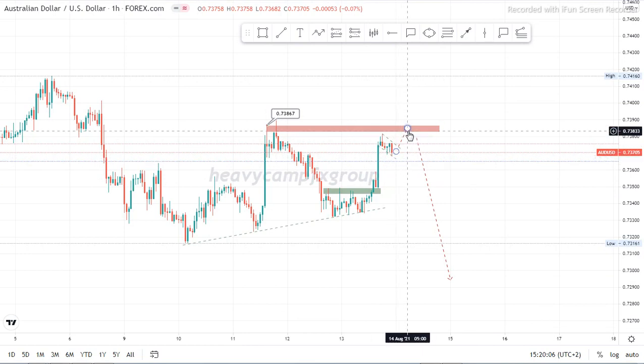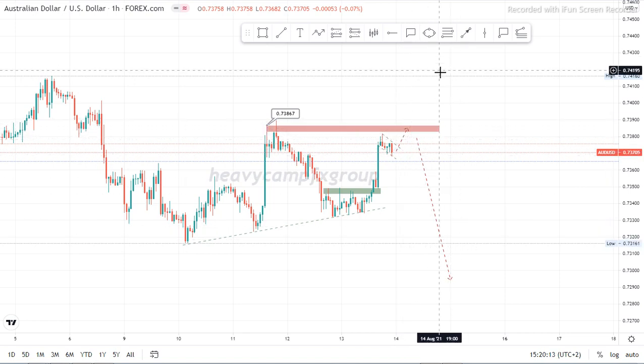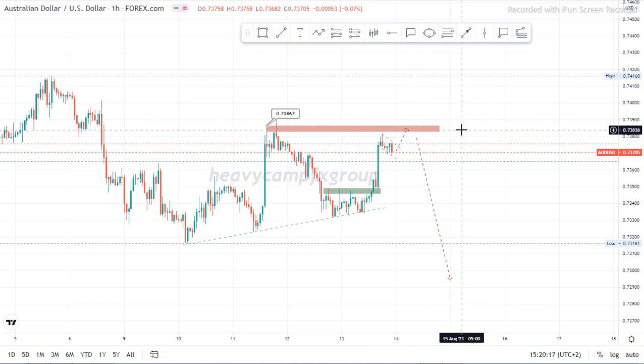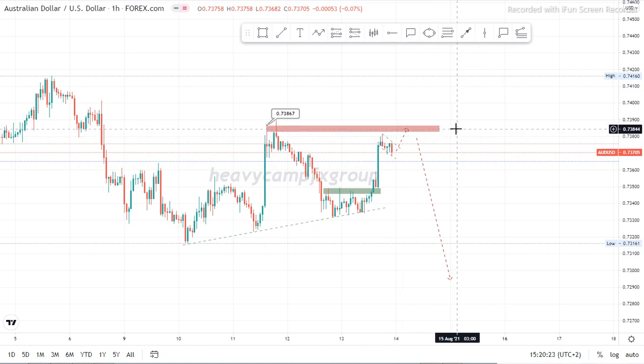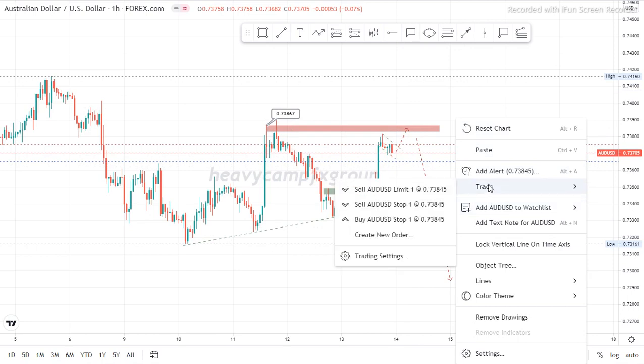So if we get to this key level, that's where we're going to look for opportunities, either to the downside or to the upside. All right guys, so I'm going to set an alert somewhere around here, so that when price gets here, I will receive an alert on my phone, because my phone and my PC and everything